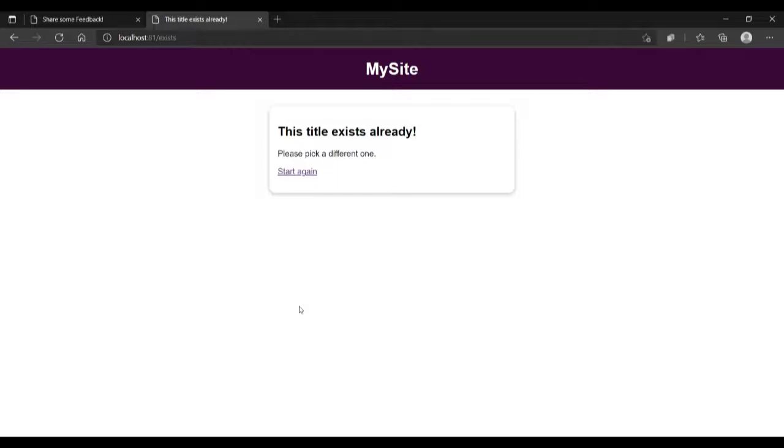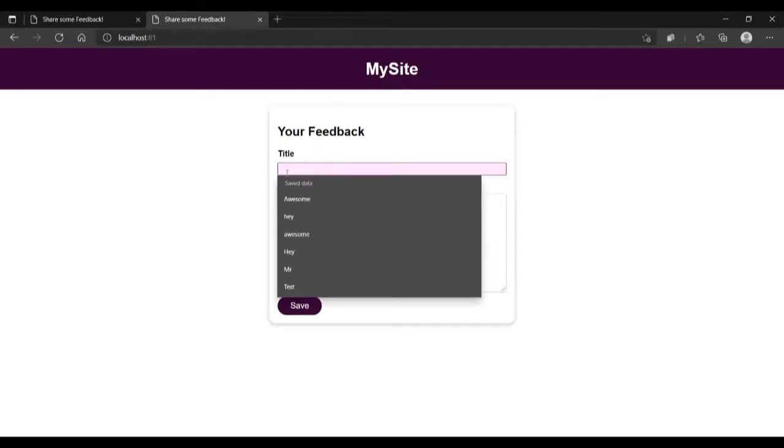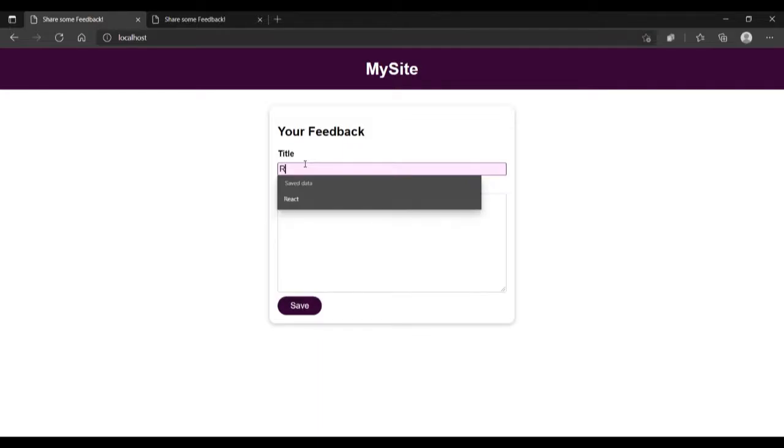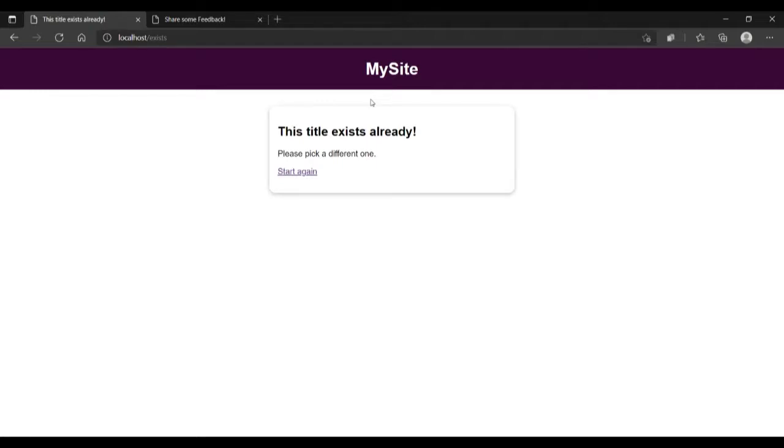The thing is that this volume is shared. Here if I type React, React is front end, it is taking React. Now here if I come and say React, it will tell this title exists already.